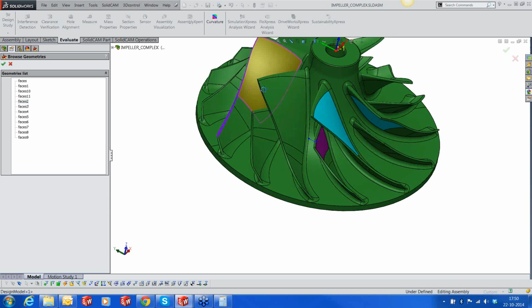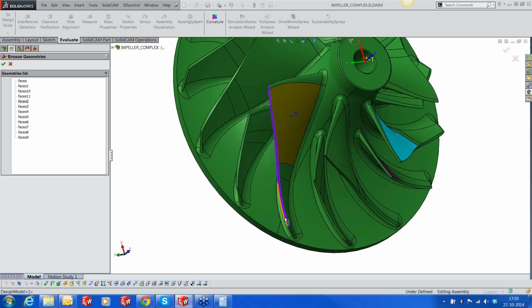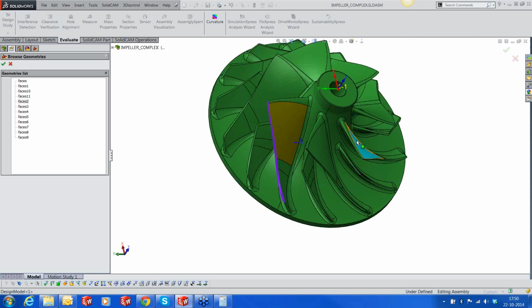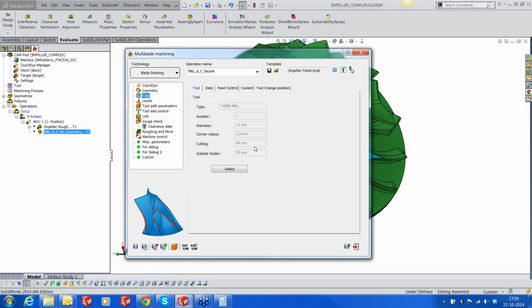So even in case of shroud, I don't have to select all of them. I can just select one piece of shroud. It could be here or on any other blade. You don't need to select the shroud on the same blade where you would like to do the machining. You just need to select one piece of shroud on the entire part. The tool that I'm going to use is, again, the same taper ball nose,